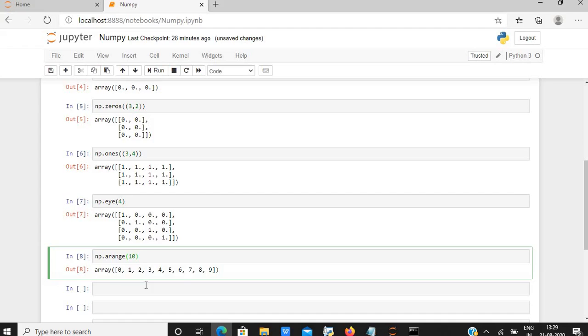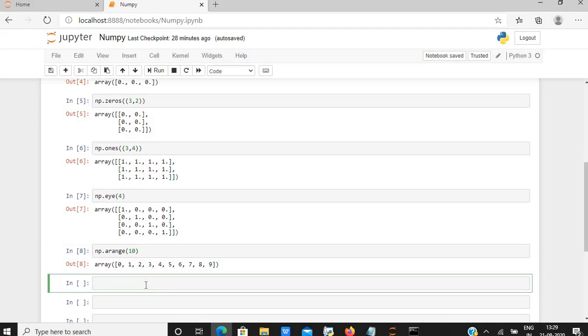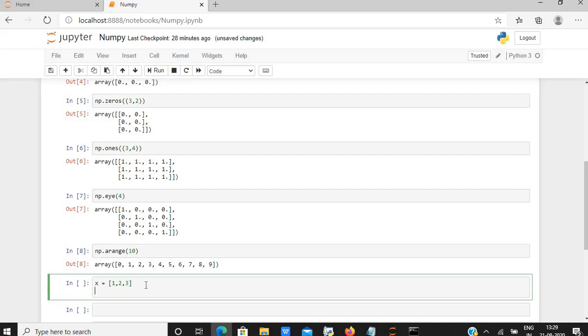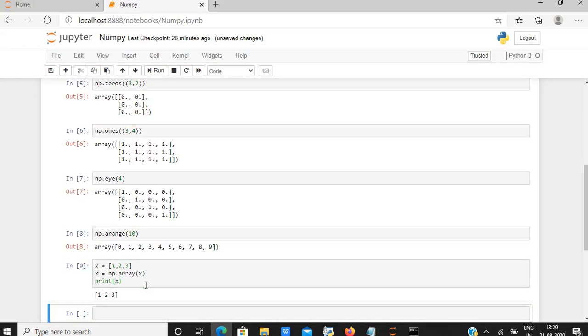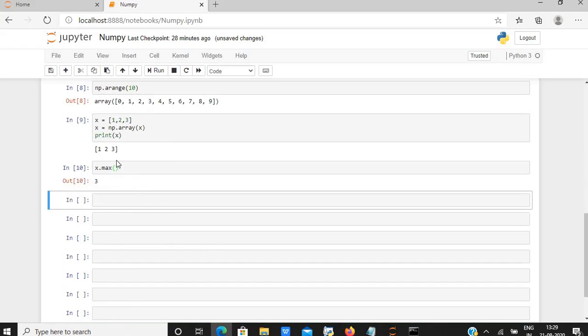There are different kinds of operations that we can perform with the help of NumPy. For example, I am taking another array x and calling it np.array(x). Let us print it out as well. As you can see, I have an array now. We can perform operations like x.max. As you can see, the maximum value is 3.